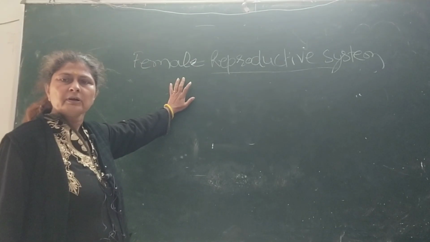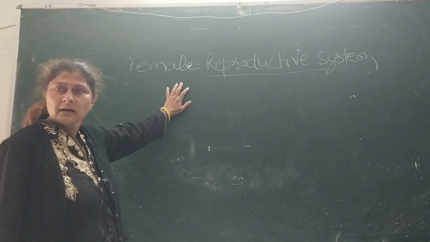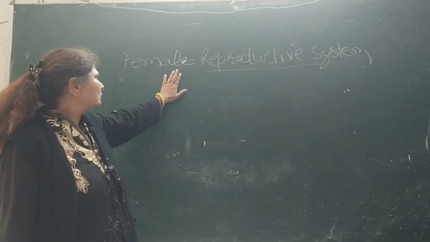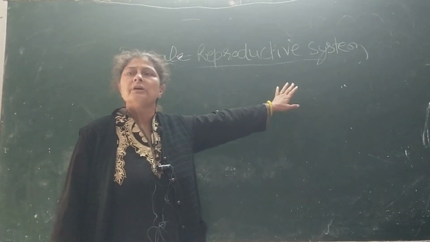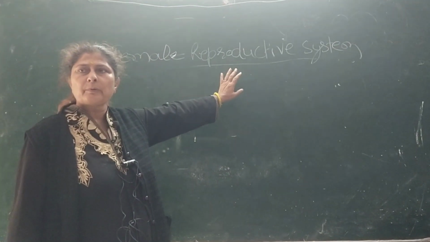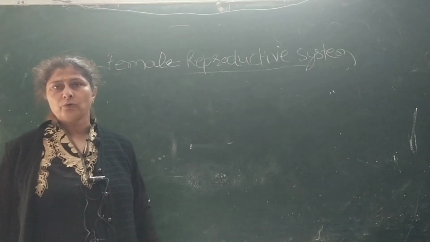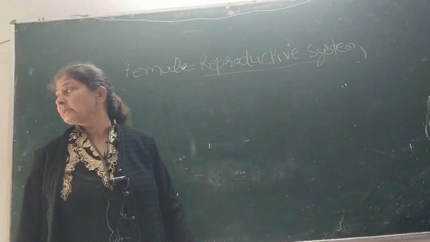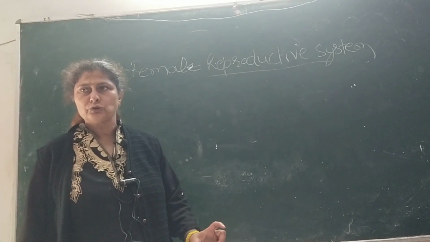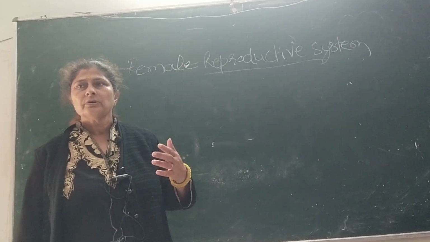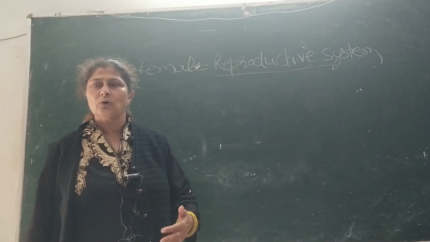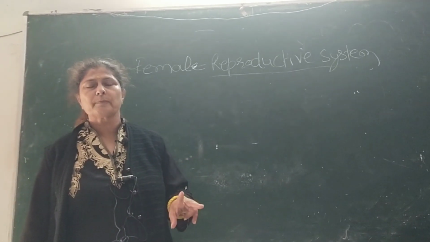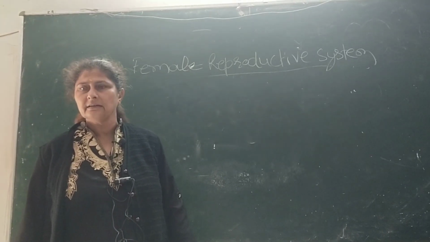Male reproductive system, that you can find in part 1. In part 2, we will do the female reproductive system. Female reproductive, as I have earlier told you, we can identify male and female externally: there is present the brood pouch, which is made up of the 8th, 9th and 10th sternites on the ventral side, and second, there is no anal style.